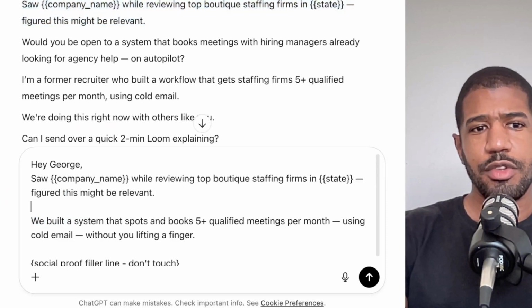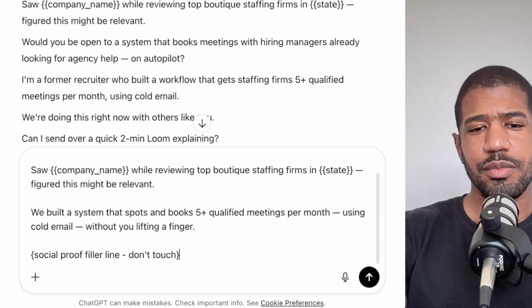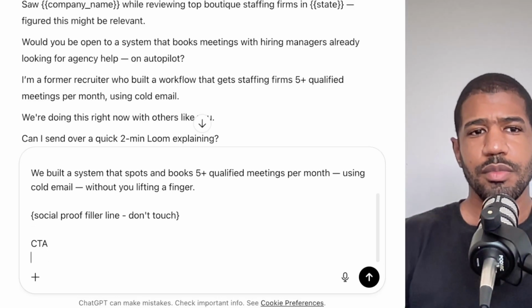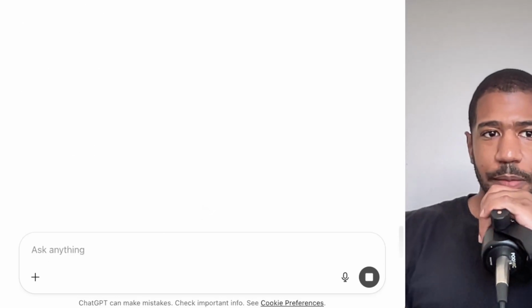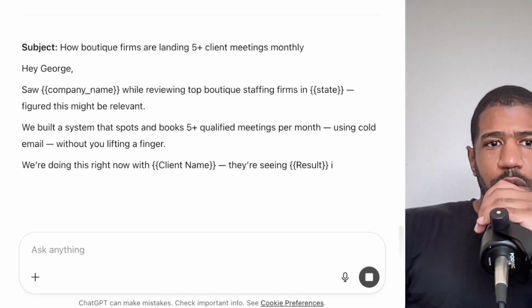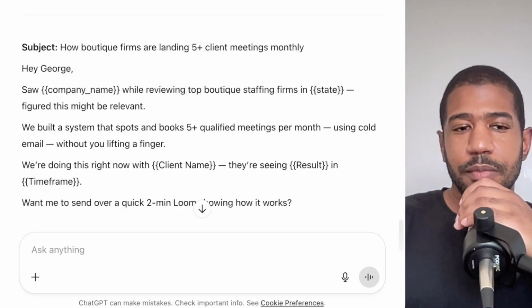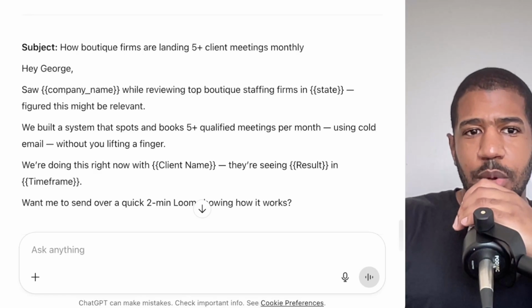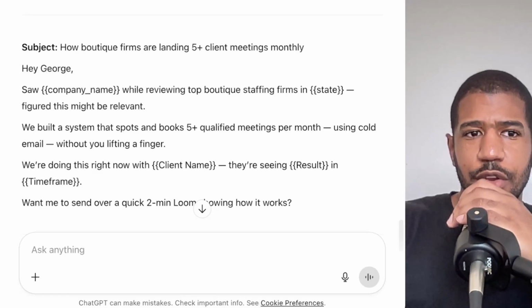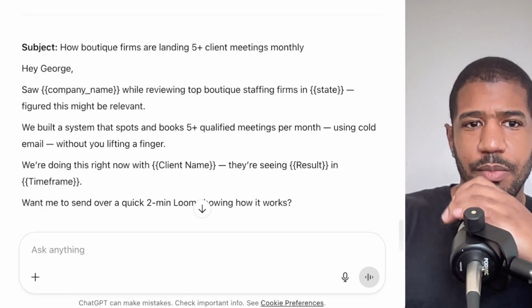All right, this is where we're at right now. I've been sitting for a really long time. Hey George, saw a company name while reviewing top boutique firms in Vermont. Figured this might be relevant. We built a system that